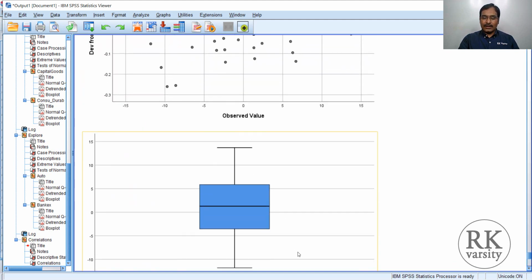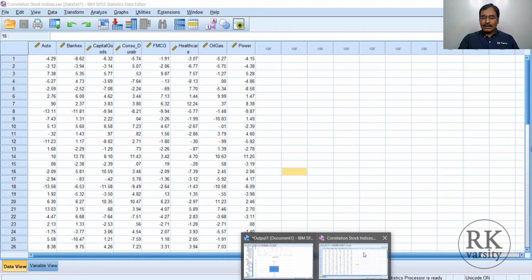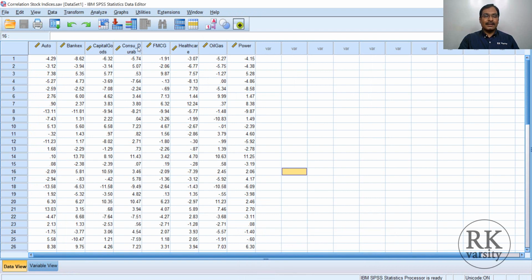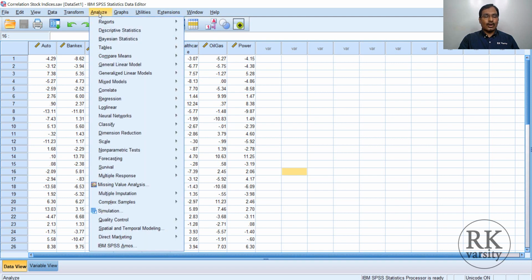Suppose in your data set you have multiple variables. So 8 variables, 4 plus 4, are there. Now instead of running pairwise correlations for 8, you can run a zero order correlation. For that, we are making an assumption that the data is normally distributed and all other assumptions are met, so we directly run the correlation.